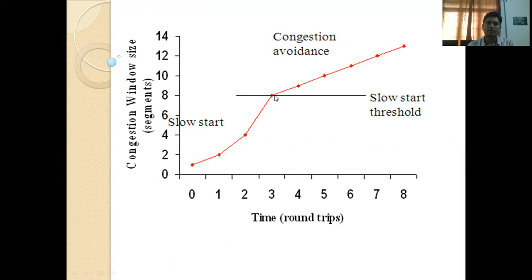So this is the slow start threshold. Starting from 0 to 2, there are nodes 4, 8, 10, 12, 14 in this way. So this is the congestion window size over time. What we discussed in this slide is, if it receives the acknowledgement, it increases the congestion window size. One by one the size is increased: 0 to 2, 2 to 4, 4 to 6, 6 to 8, 8 to 10, 10 to 12, 12 to 14.